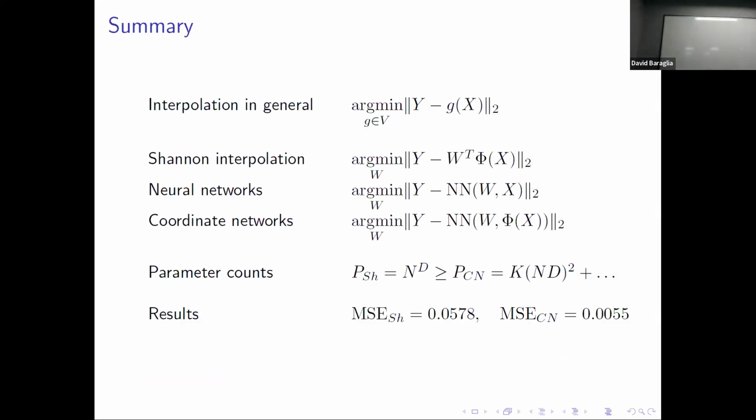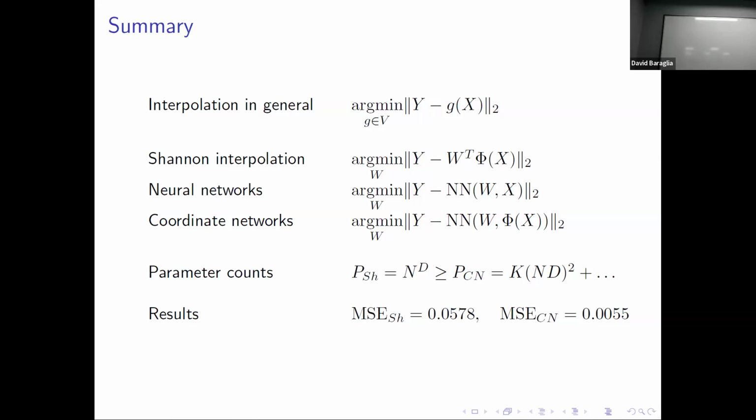All right, so overall, I talked about a general way to express the interpolation problem. Talked about how Shannon's interpolation, you've got a vector of weights times a matrix of big phi of x from some basis functions. Neural nets, you feed in your weights and your coordinates straight into a neural network, whereas with coordinate networks, you feed in your weights, but you embed your coordinates by running through this basis function. And so the fact that it's using a similar basis function, it means that it's kind of close to Shannon